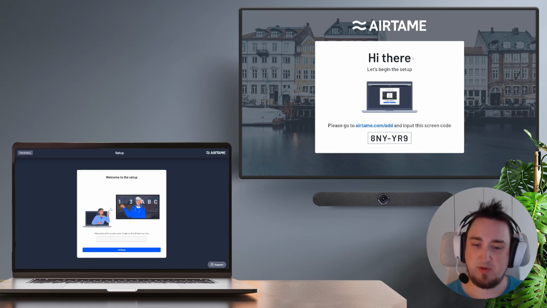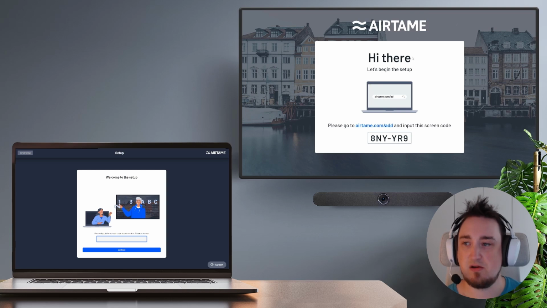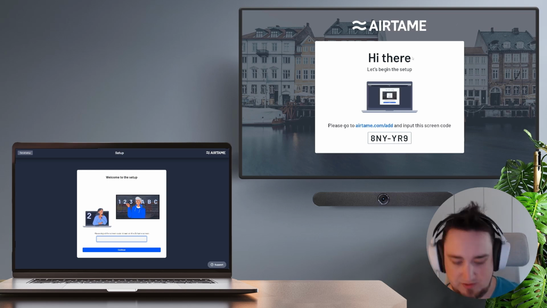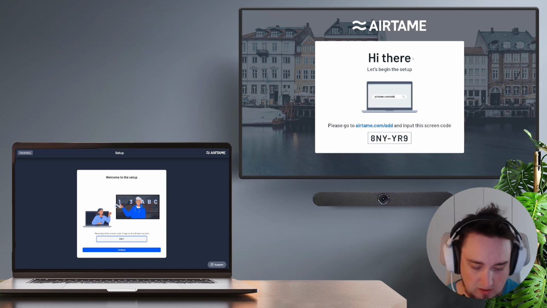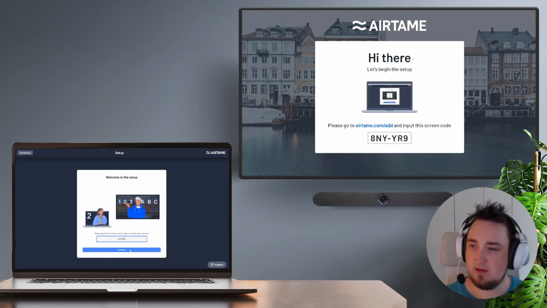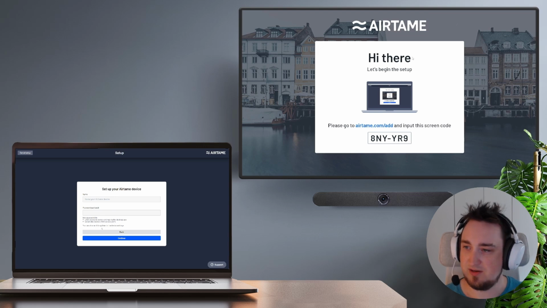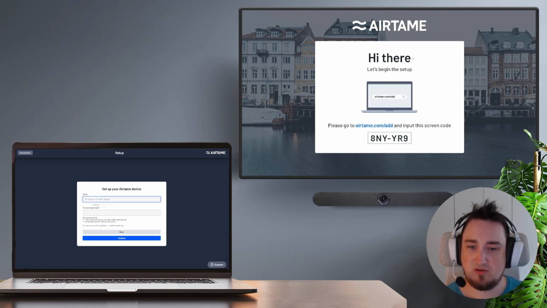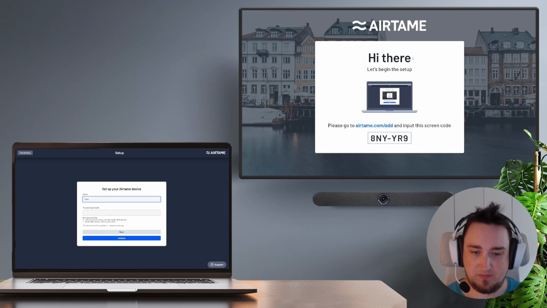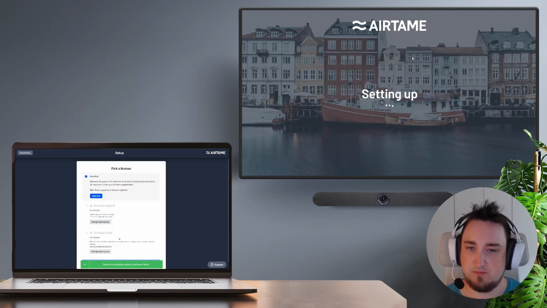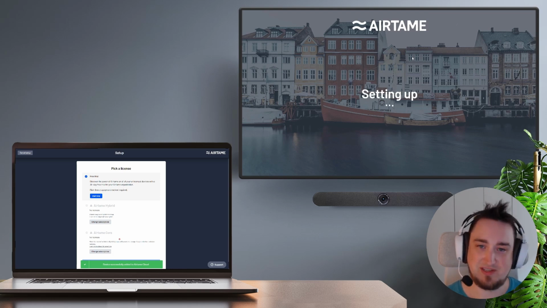And then from here, I'm going to be prompted to type in the 6 characters from my TV. So that is 8 and YR9. From here, I'm going to click on continue. And then we need to apply a name for our Airtame screen. I'm going to call this one Oslo. And then I'm going to skip adding a password. I'm going to click continue. And from here, you can already see on the TV, it is starting to set up,